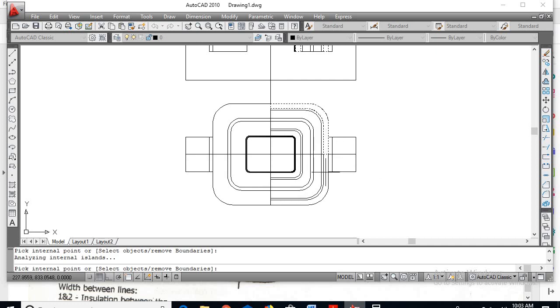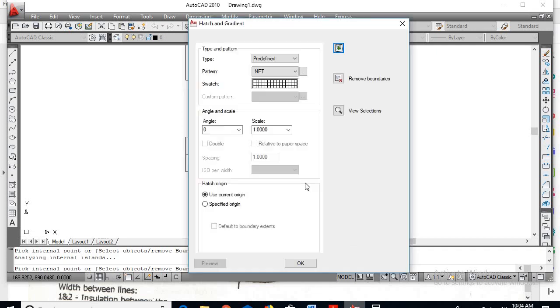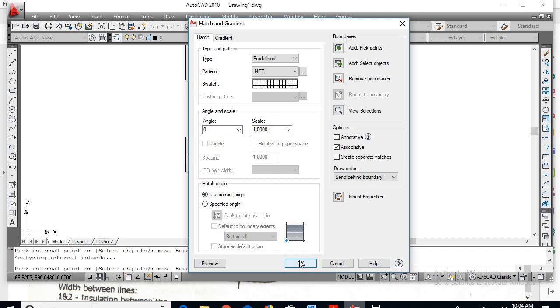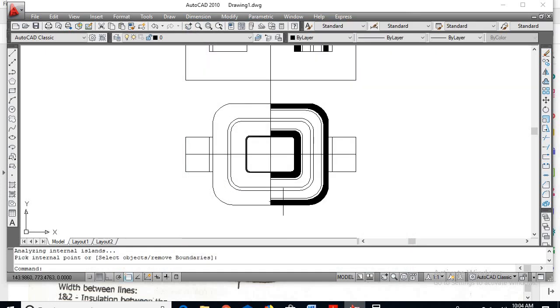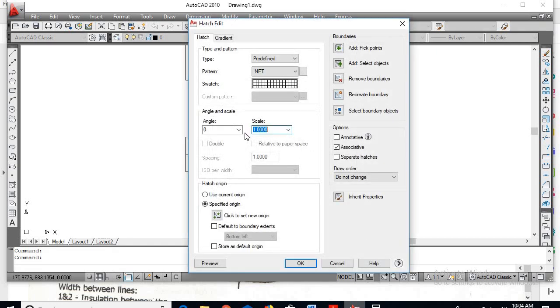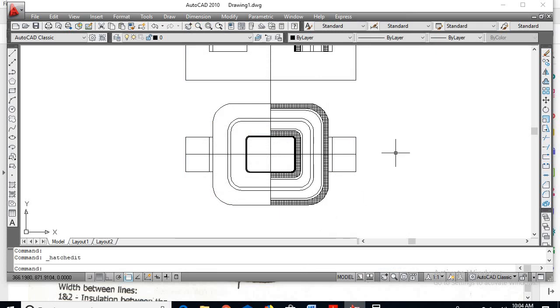Here is the LV winding. Here is the LV winding. Enter. Say OK. So increase the scale as 25. Say OK. Okay, fine.